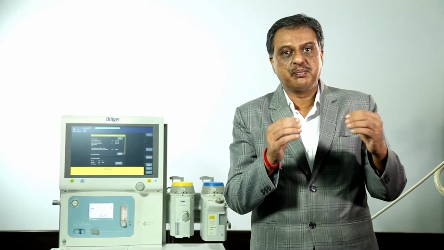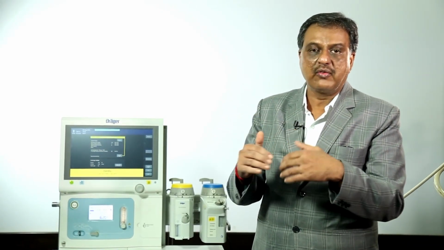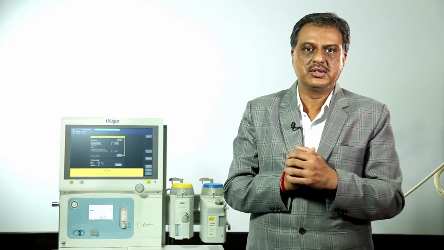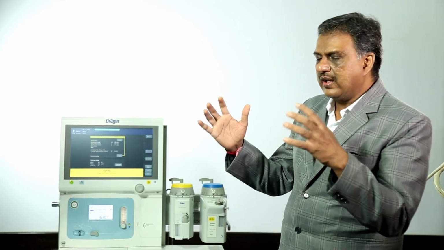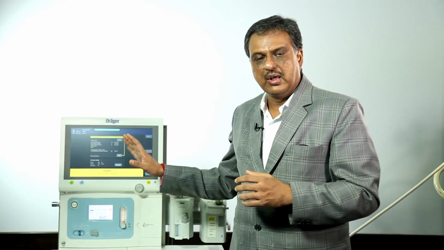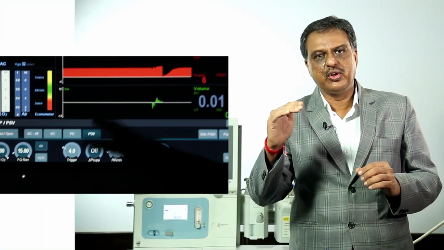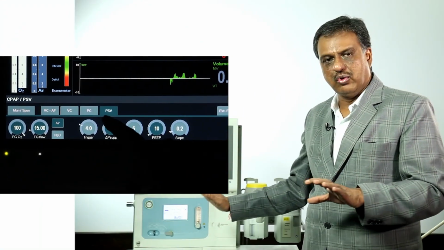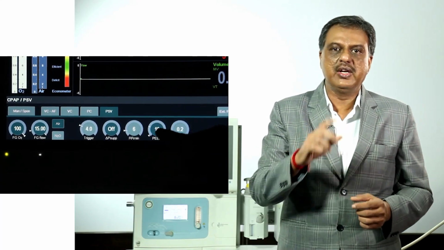So how to do that? There are different ways we can do it. If we apply continuous positive airway pressure during pre-oxygenation only, it prevents atelectasis formation after induction. Low pressure is required to prevent atelectasis formation. So how to apply continuous positive airway pressure during pre-oxygenation? You can do it manually or through the ventilator setting. If your anesthesia workstation has a CPAP mode, keep the CPAP mode on, keep the CPAP value between 5 to 10, increase the flow,